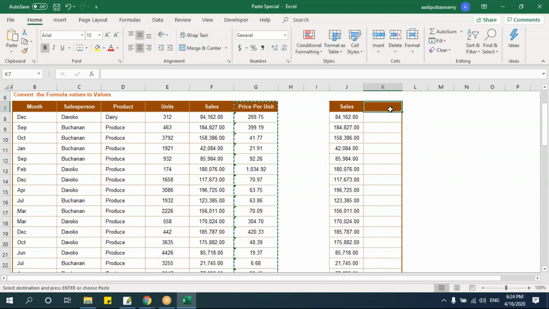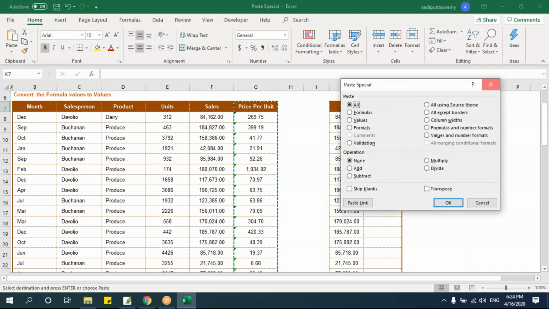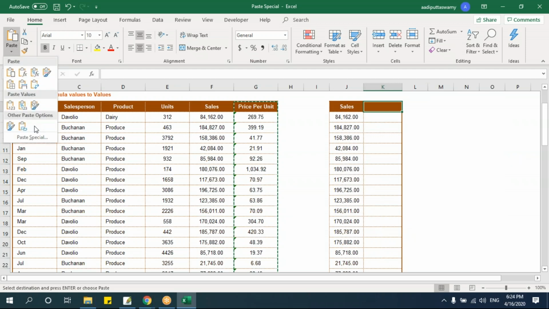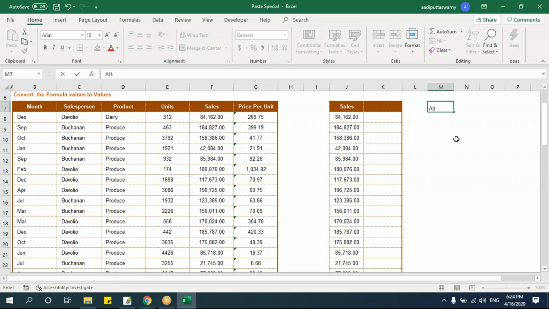I can either right click and say paste special, or go here, say paste and say paste special, or use the shortcut key, that is Alt plus E plus S.